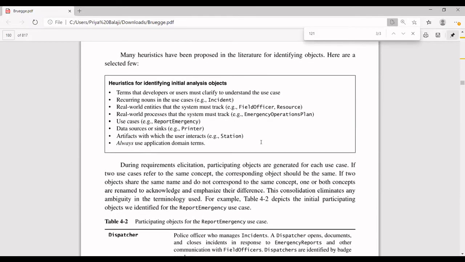But here they have given the questions for analyzing objects. What are the questions for analyzing objects? You have to clearly understand the use cases and the terms of the use cases. As I told you, the same use case name should not repeat. If the same use case name keeps repeating, the developers will get confused about which use cases and what type of scenarios are grouped together. That should be done, and it should have the proper entities.